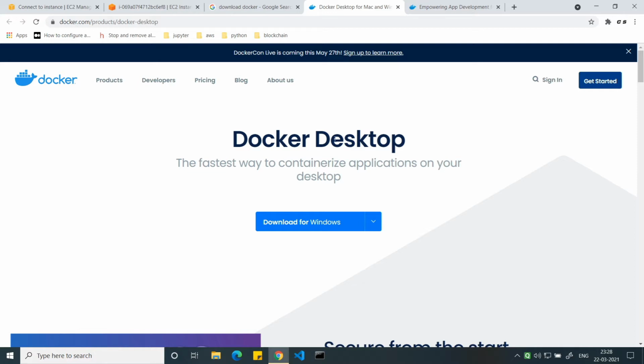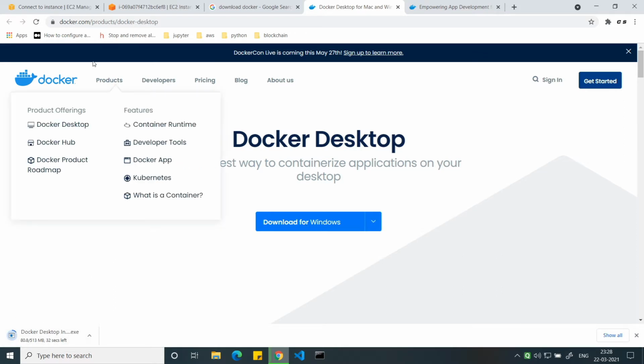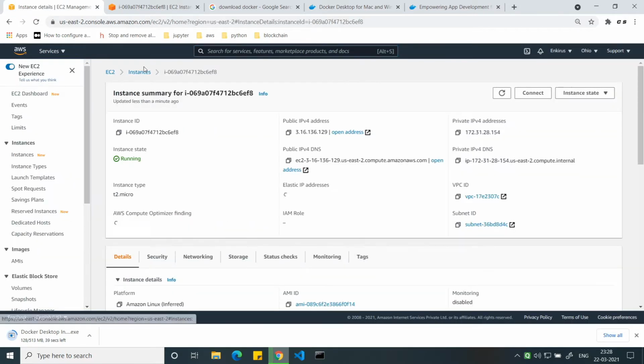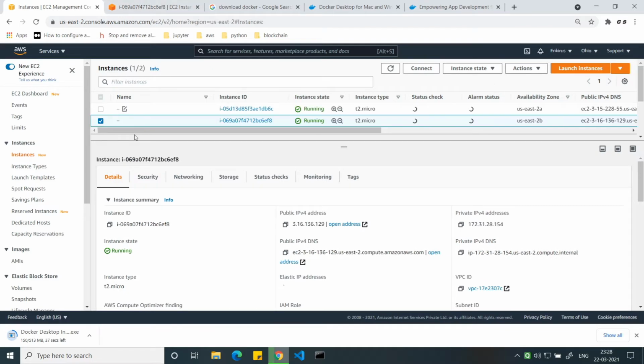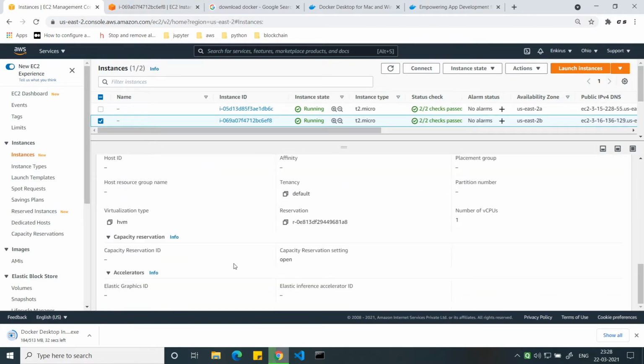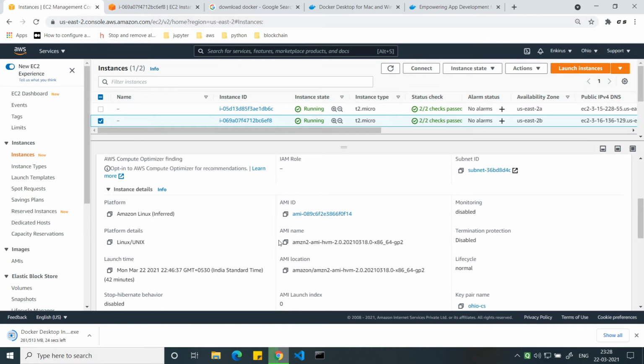Now there are three setups you can see here: download for Windows, Mac and Linux. For Windows, let's download the setup here. It's about 500 MB, and it's getting downloaded. For the Linux system, I'll be using an AWS VM here, and for Ubuntu also. If you see the VM, I'll show you the VM AMI here. For now just consider this a simple VM, nothing much.